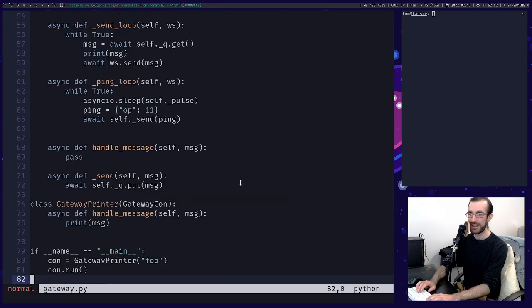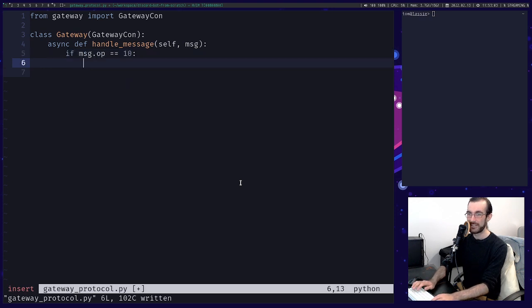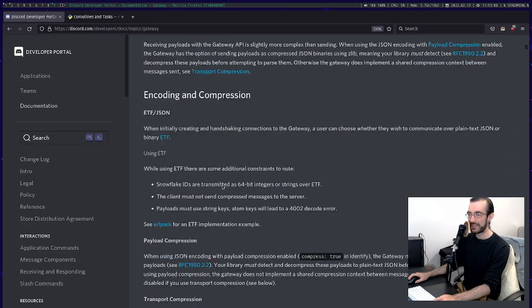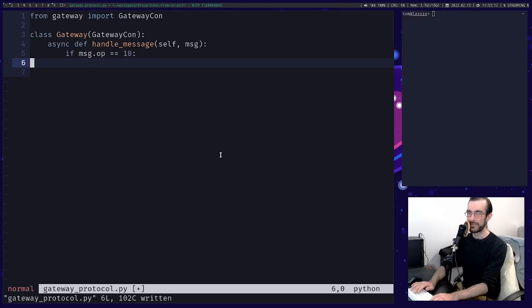It doesn't seem urgent. Okay, so we decode the message, we pass it through. Now if we go into our gateway protocol implementation, handle message, we can say if message op is 10. So if this is the thing we get, what's it called? It's called a hello, I think. If it's a hello,